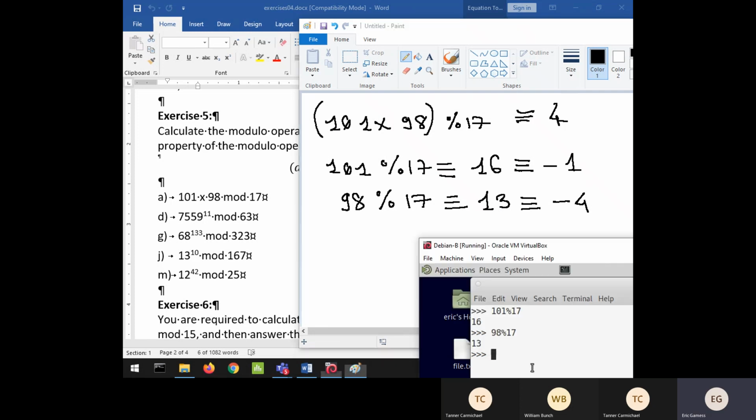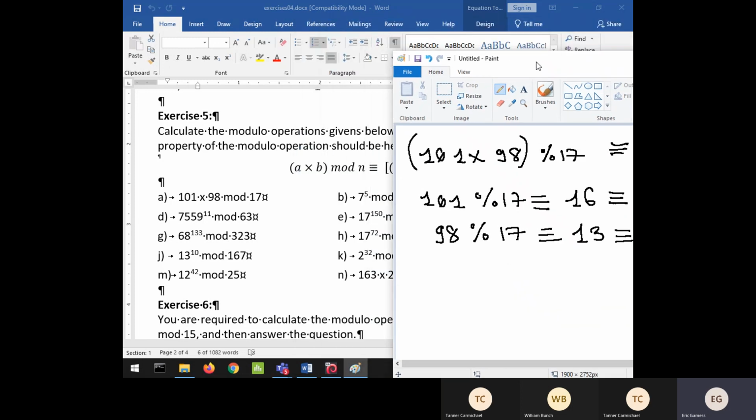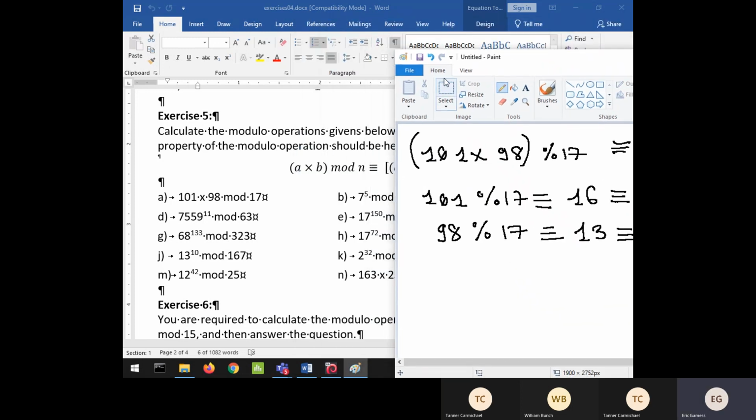And of course, I can ask Python to verify that, no? So I can type 101 times 98 modulus 17, and it says 4. So we made very moderate usage of the calculator just to compute that. And to tell you the truth, we didn't even have to do it. We'd have spent some time to realize that it was 16, but we could have done it. Okay, the second exercise is